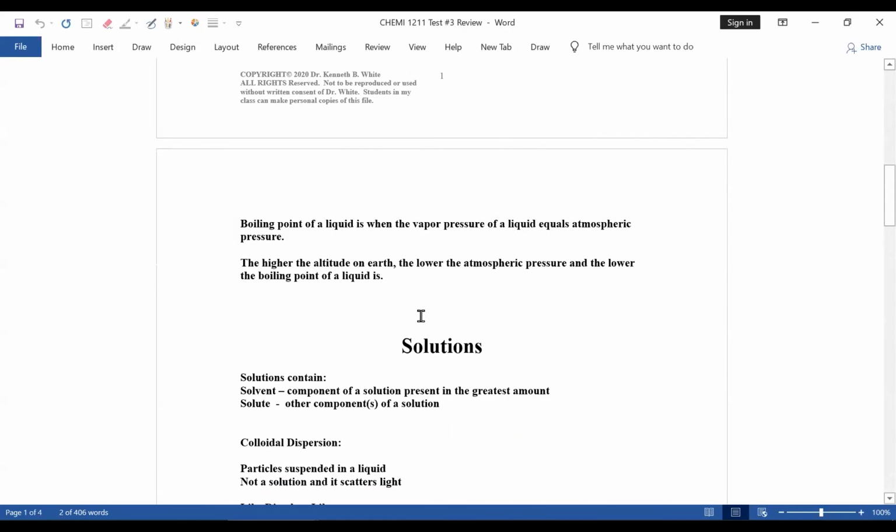Now, I just talked about boiling. The boiling point of a liquid is when the vapor pressure of the liquid equals atmospheric pressure. And the higher the altitude on Earth, the lower the atmospheric pressure, therefore the lower the boiling point is. So if you go to Kathmandu, which I never will be,